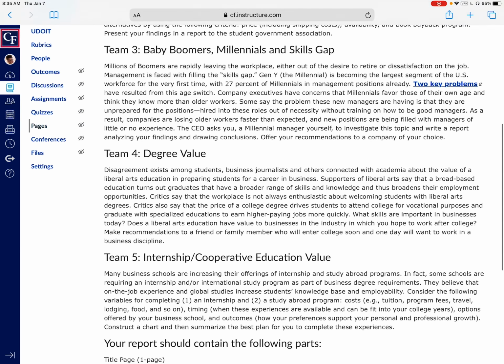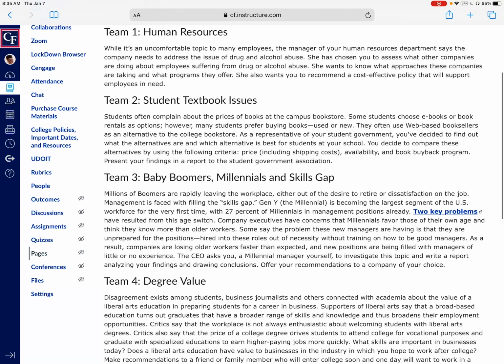And then once you read through those, you're going to think, okay, what really interested me was the baby boomers and millennials with skills gap. And so you're going to look at that and say, okay, I want to join team three. So then what you're going to do is, if you'll see over here on the left-hand side,